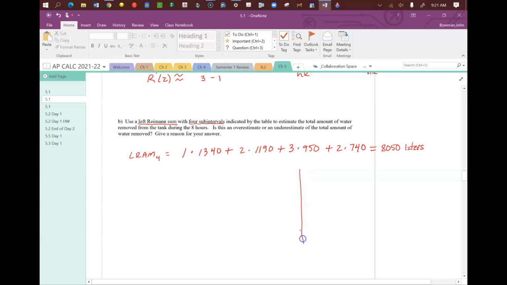I would just draw myself a quick graph of something that is differentiable or continuous and decreasing, and use LRAM and think about the example, and you can see that the total area between the x-axis and the curve is less than the sum of the areas of the rectangles. So this is an overestimate